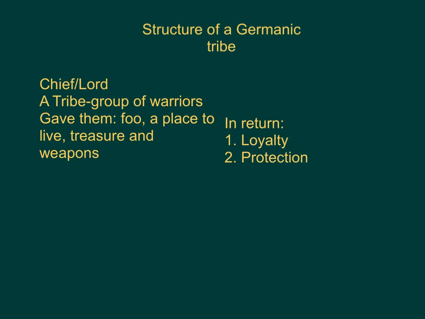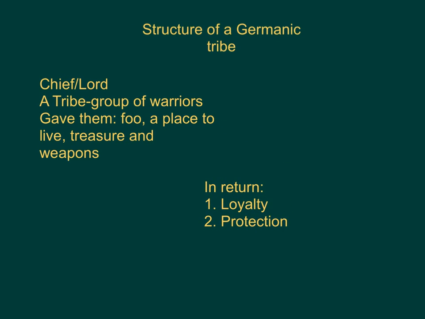If it makes it easier, you should think about this almost like a job, like a contract. Obviously a contract is written, and this was not written down because the Germanics could not read or write. But that's what it is. They say, here, I'm giving you all these things, in return you need to give me these things. Oh, I made a mistake here. Food. Sorry.